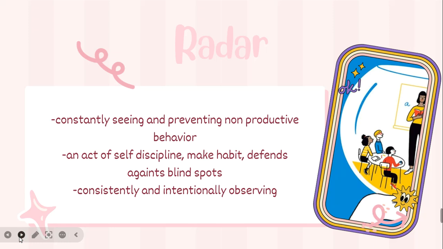Okay. So, for the radar, it's constantly seeing and preventing non-productive behavior, an act of self-discipline and making a habit of defense against blind spots, and constantly intentionally observing. So this means to establish clear classroom rules and standards, and it addresses non-productive behavior promptly. Okay. So as we go on,